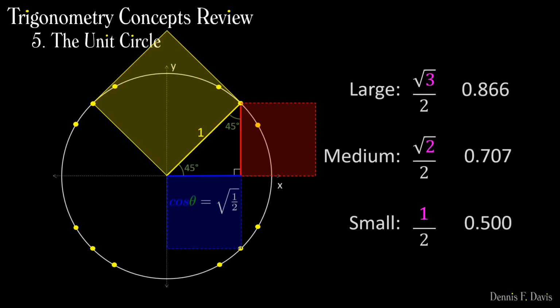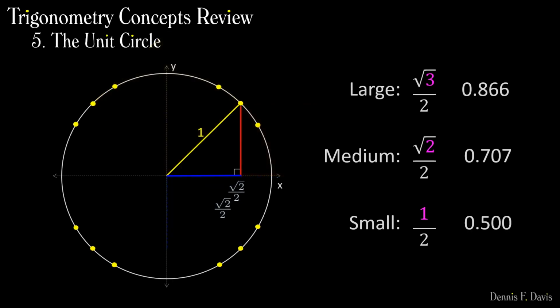We need to tidy up this expression, so let's distribute the radical to the numerator and denominator and simplify to 1 over square root of 2. Well, that would be our answer, but it's considered untidy to leave radicals in the denominator of fractions. So we'll multiply numerator and denominator by square root of 2 to yield the medium size length, square root of